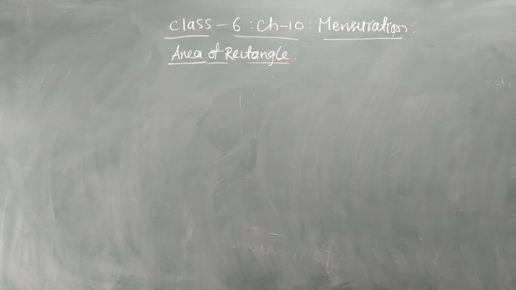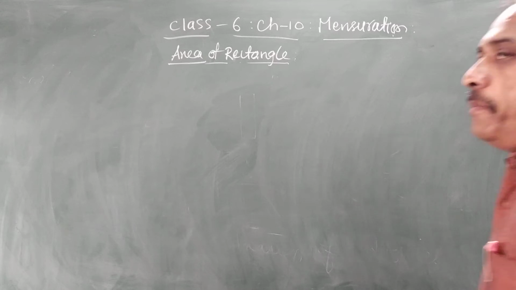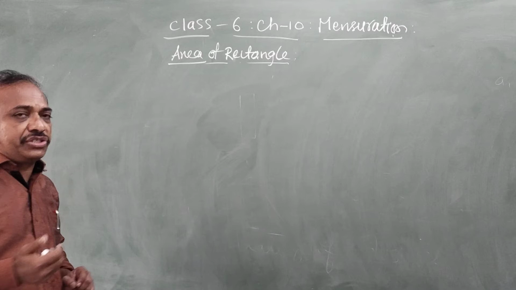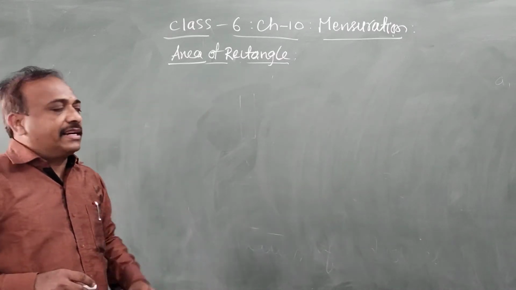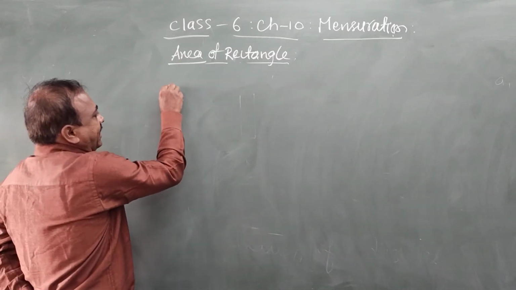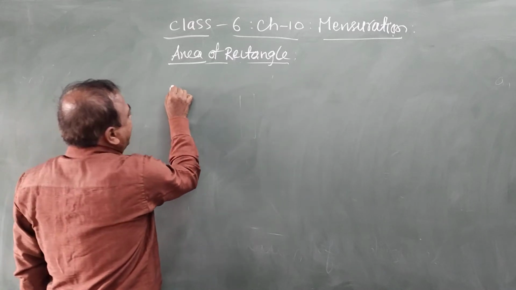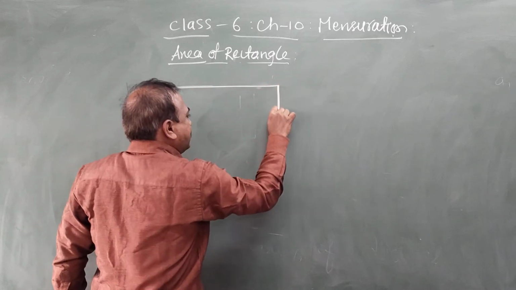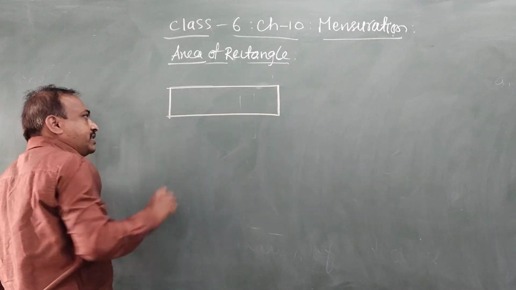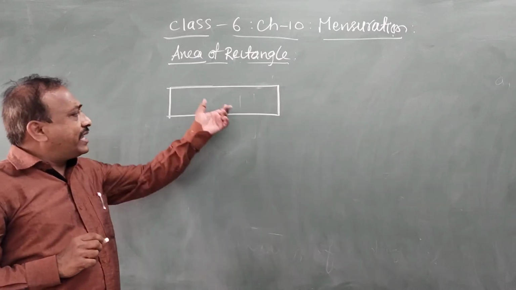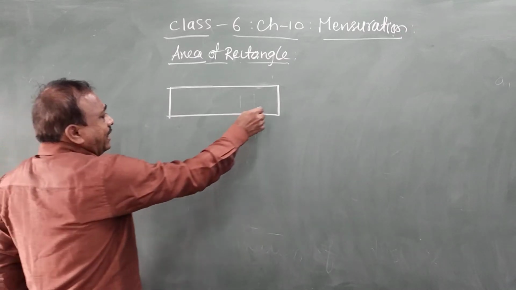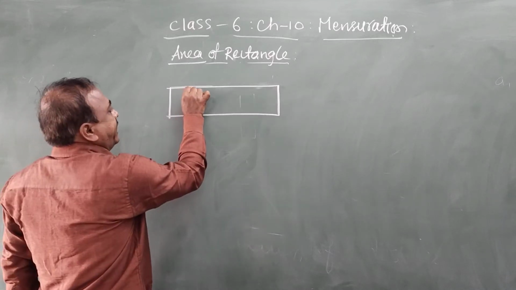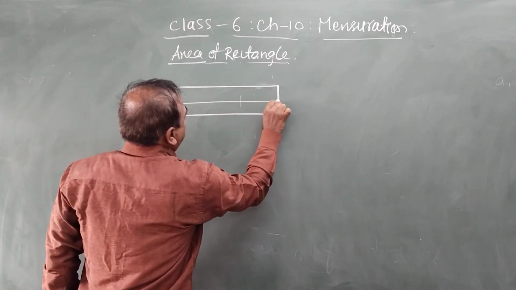Till now we have discussed how to find area by using graph sheet or graph paper. Now let us see the area of a rectangle. As we know, in earlier classes we have discussed that in a rectangle opposite sides are equal. Now here I have a rectangle. You see this rectangle, we are dividing it into a number of equal square boxes of 1 square unit each.